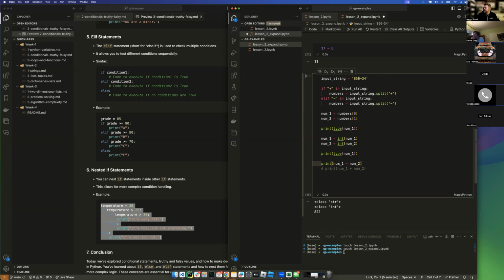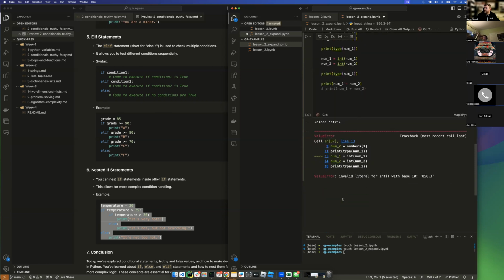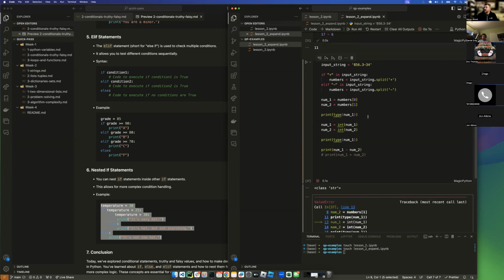And then also, what if I have a float in here? What if I have 0.3 and I try and run this? I'm going to get an error. And we've seen this error before. Whenever I was trying to cast a string representation of a float into an integer, I couldn't because I had a decimal point in there and it wouldn't work. So I would have to think about, well, can I cast